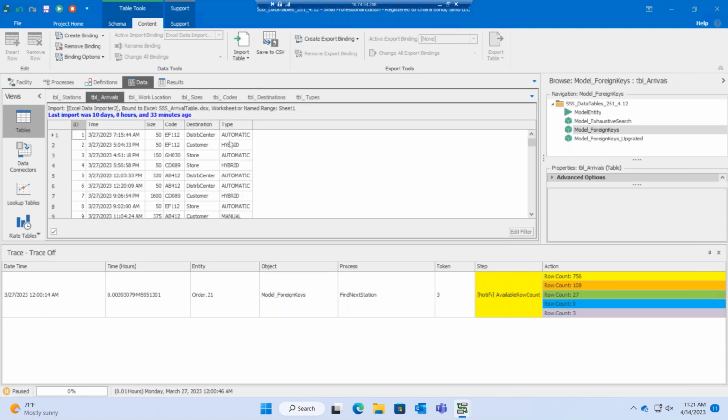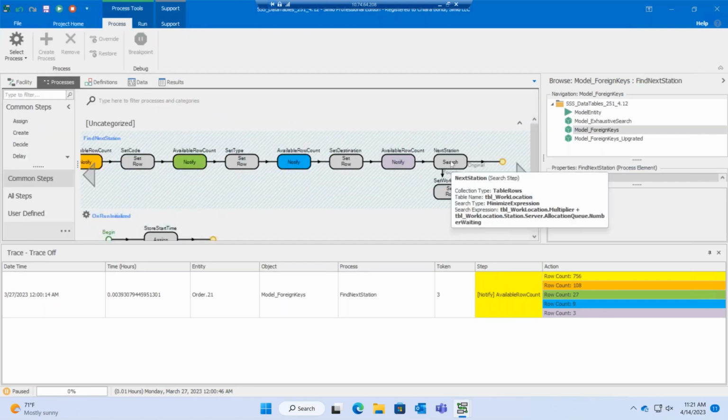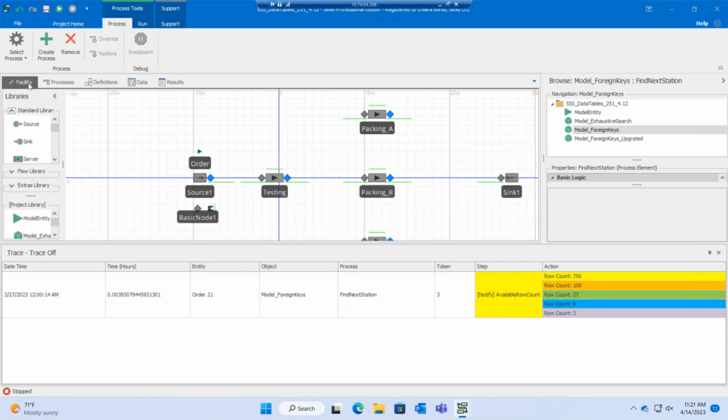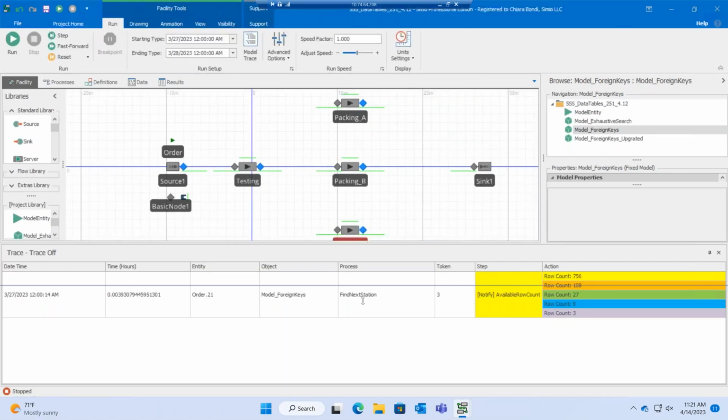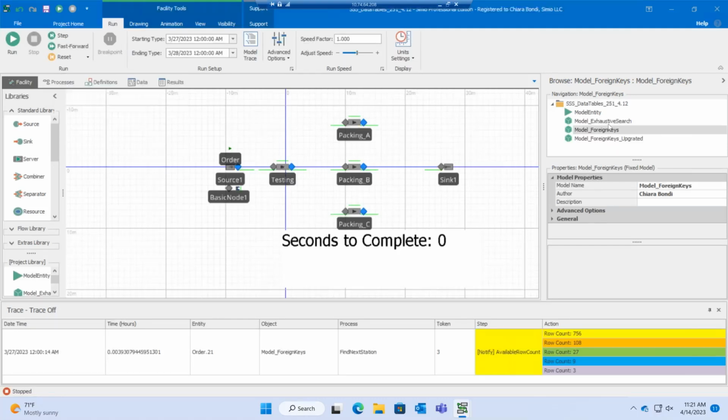And so you can see at the end, when we reach our search step, which will search through the available rows that are left in our table by minimizing our expression, we're only looking at 3 rows. We're no longer searching through 756. We are now just looking at 3 rows. And so let me stop this and actually run the entire model from start to finish for the 24 hours. So if you remember, the very first model through our exhaustive search took about 2.24 seconds. When I run this,